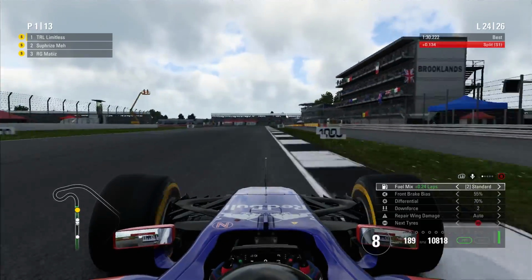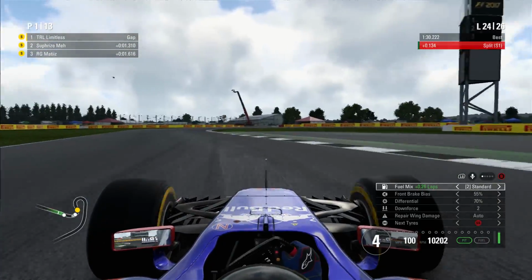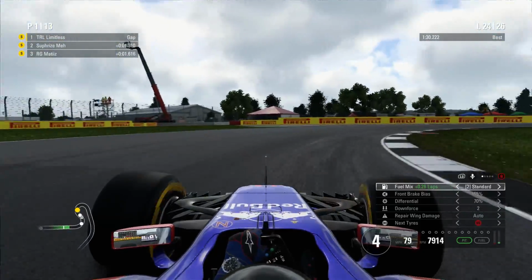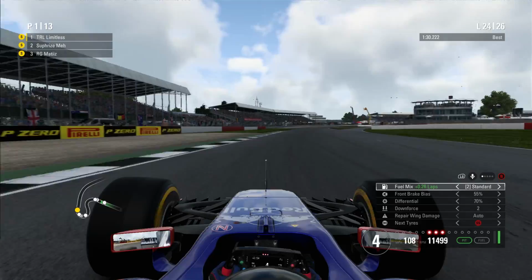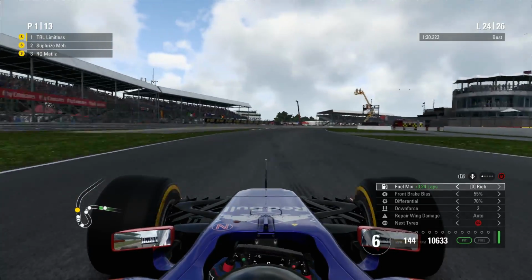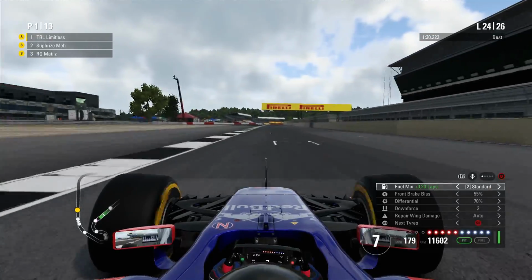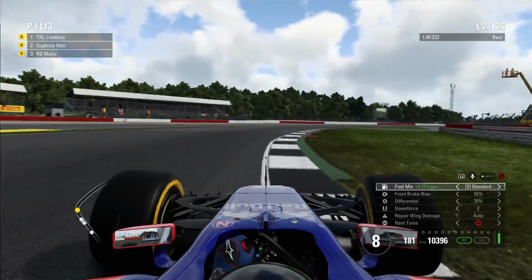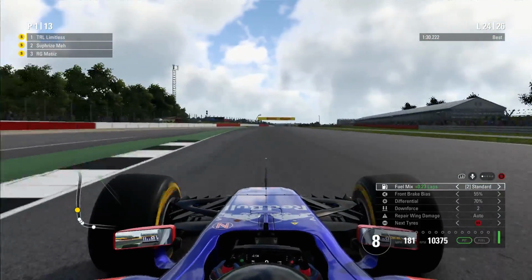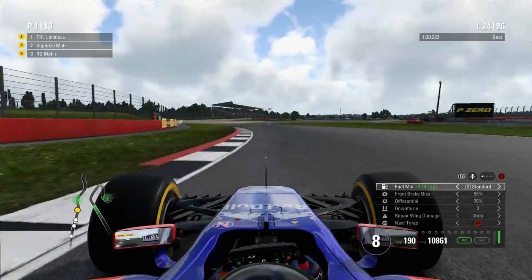Now we've got Matiz in P3, who I know on the wheel, especially the wheel, I feel is very good around here, but I'd say he's probably the best driver on pace around here. He was doing that 26.6s in qualifying, which on the Xbox platform is pretty ridiculous. So I know if he gets past Surprise, I know it's going to be a very difficult challenge. But now we've only got 2.5 laps left to do everything we can